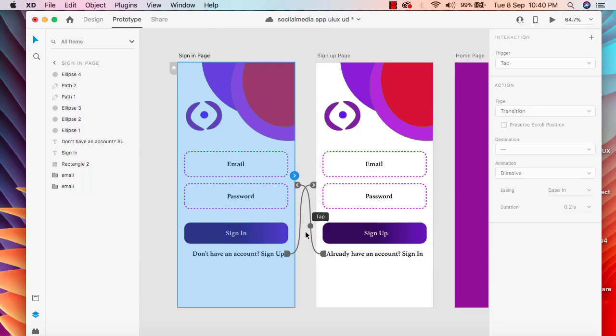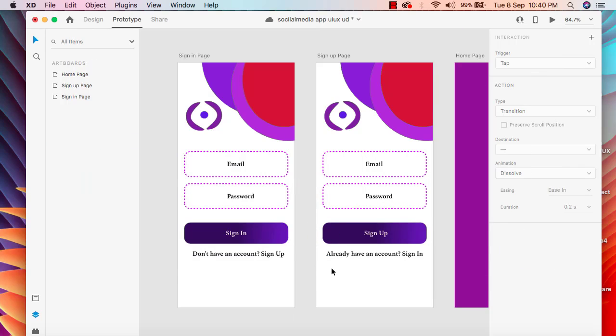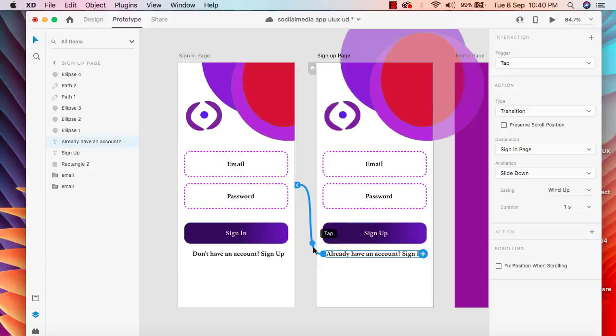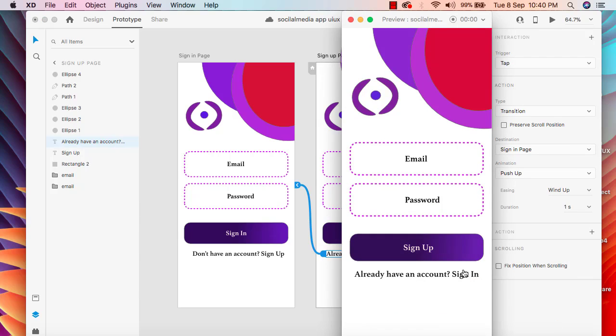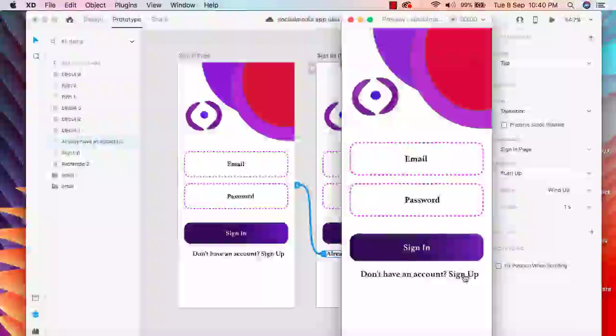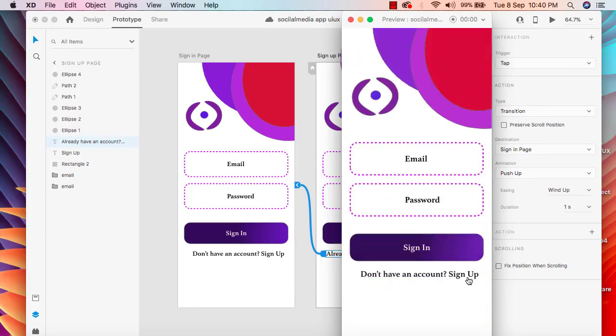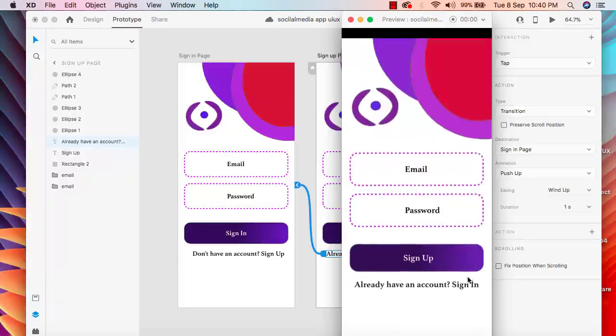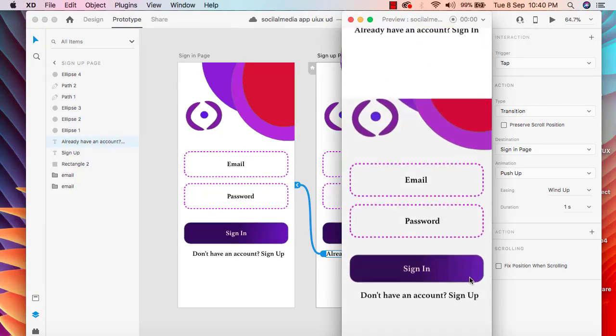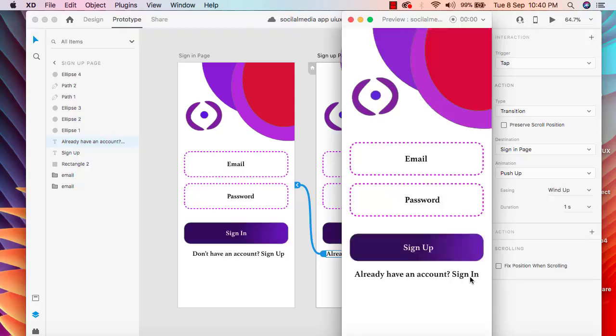And in here, if in case you cannot see any data, then you just need to press on it, select the link, or you can say the tab, then you will be able to see this appear here. And in here we can also change the slide option, so we can say push up here for 1 second and then run it. So sign off, and if I'm gonna click and sign in, and here you go, and if I'm gonna click and sign off, then it is gonna come from top and it is going to from bottom. Okay, so this way we can create animation while we will move from one page to another page, and